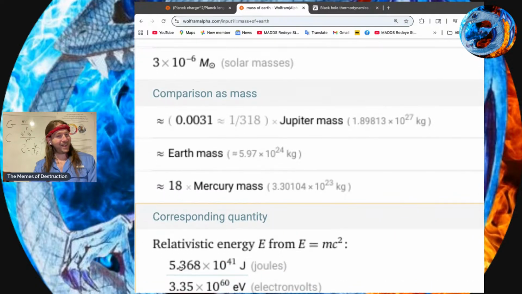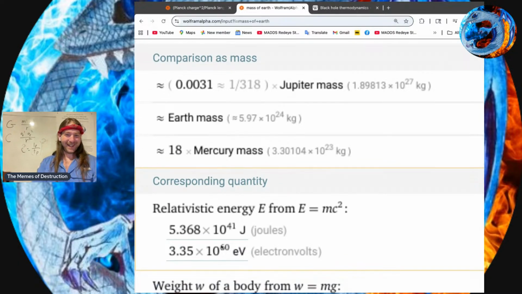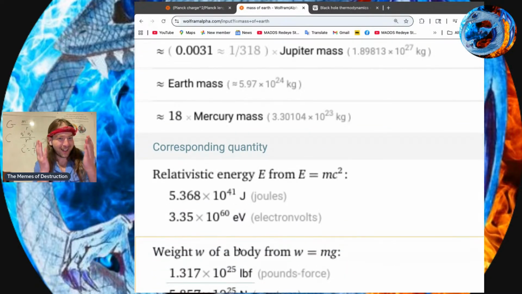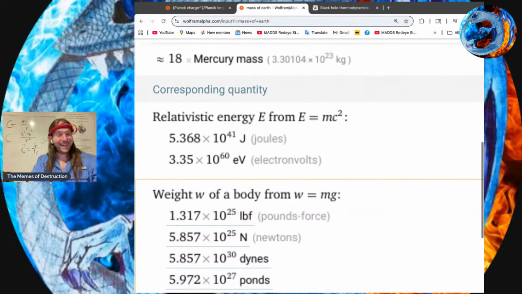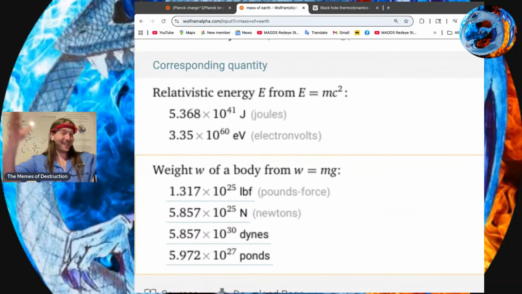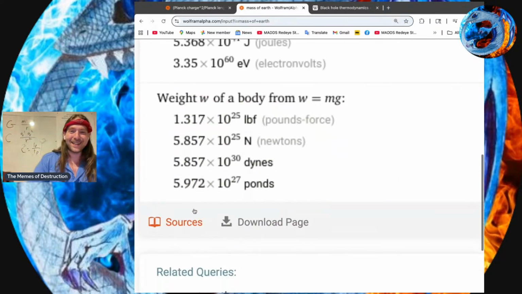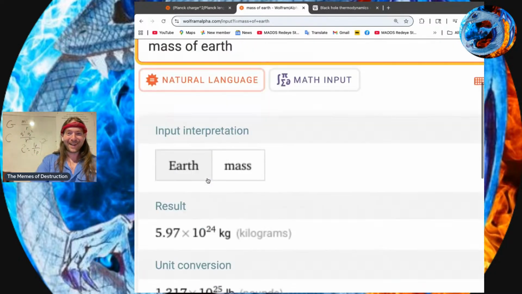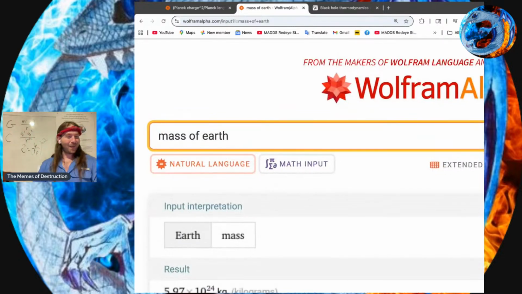The total mass energy, if you were to convert all the mass of Earth into energy, is going to be like 10 to the 41 joules, 10 to the 60, like it tells me the relationships. You just ask the question, and it shows you things that I would have had no idea about. And then you've got a guy like Fab that comes along,